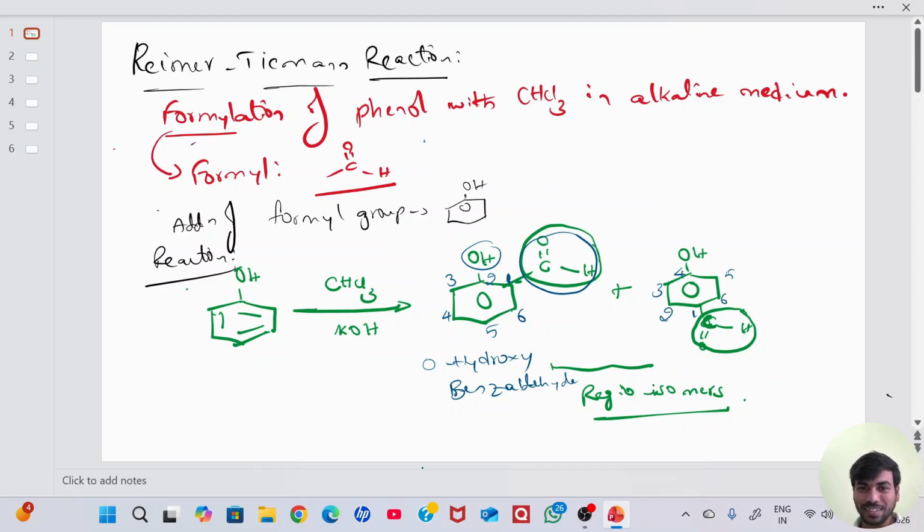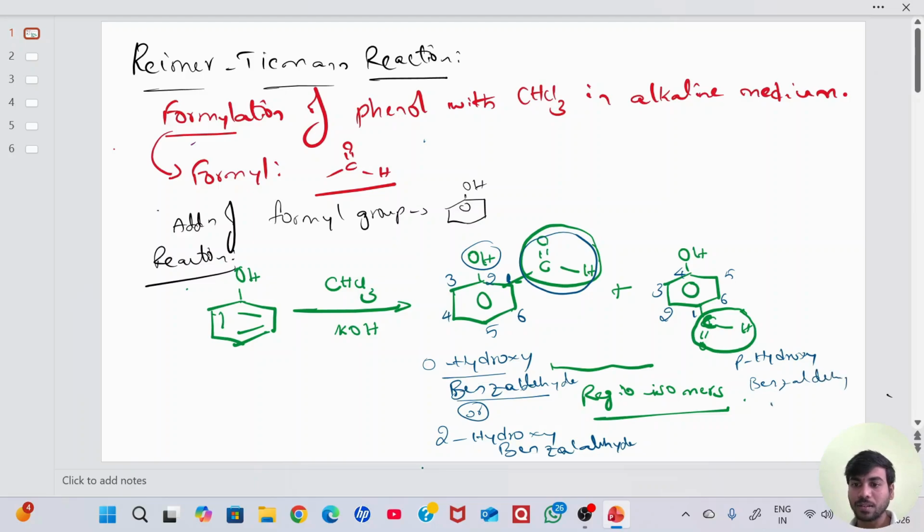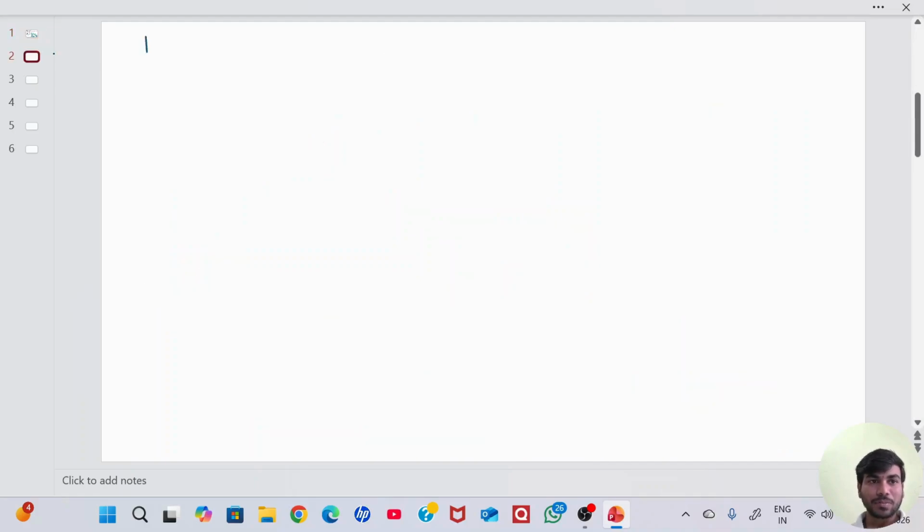Okay, therefore it is ortho-hydroxybenzaldehyde or 2-hydroxybenzaldehyde, and in the same way it is para-hydroxybenzaldehyde or 4-hydroxybenzaldehyde. Okay, so now coming to the mechanism of this reaction,